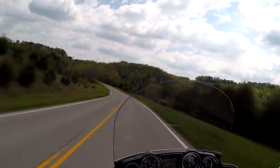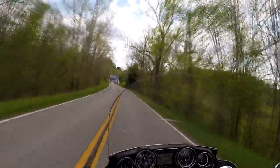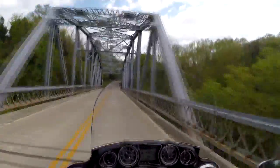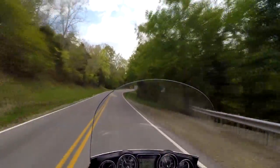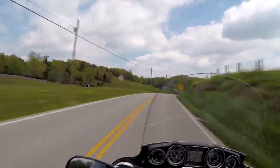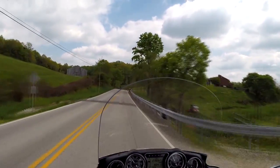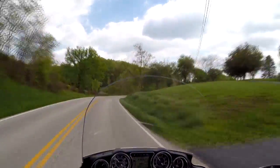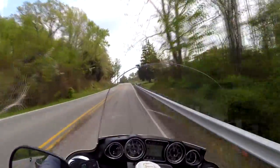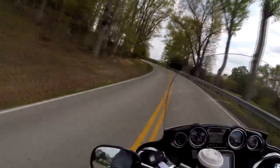It's one of the things I really need to mount my camera on, like my hand, that way, you know, when I'm coming up on a scenic spot. Oh, I like this bridge too, it's pretty. You know, that way I can just point my hand at the scenic spot without having to try to turn my head and worry about keeping my eyes on the road at the same time. Some nice horses. Things on the left and right side I can see pretty good without actually turning my head very far, but then to try to make sure I get a good angle with the camera, I'm turning my head even farther than I normally would. I'm generally keeping one eye on the road anyway, but